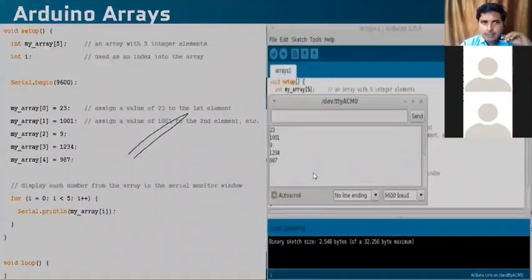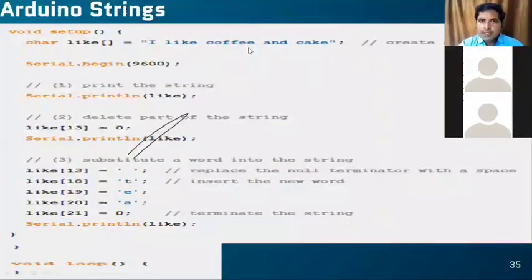Next, how to use the strings. Strings is what? You are taking one value and displaying it, like I like coffee and cake. That has to print. For that, I'll send one value. First, I'll send a value, then I'll write I, then I'll write tea or coffee, then it will display. For that, again, I have to write how many characters it has: 13, 18, 19, 20, whatever the values are. It will display in a